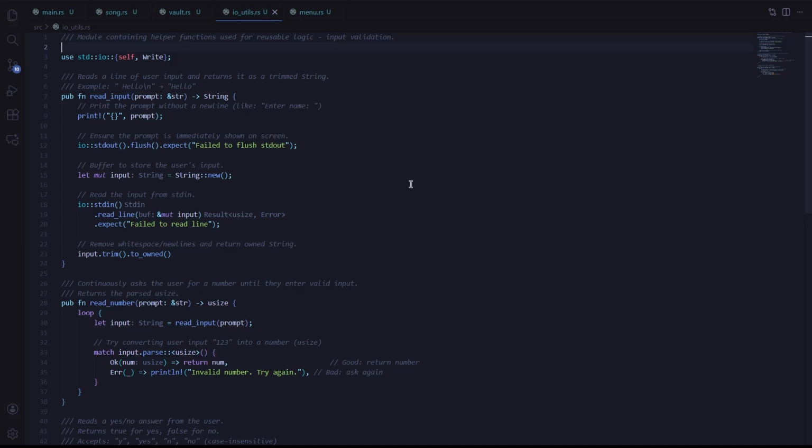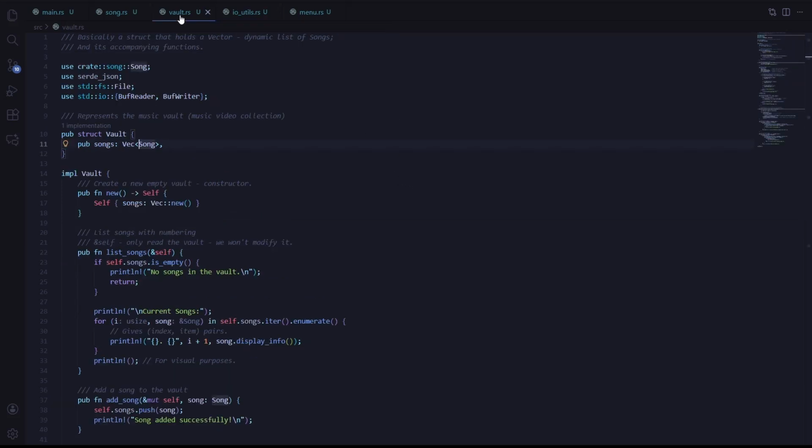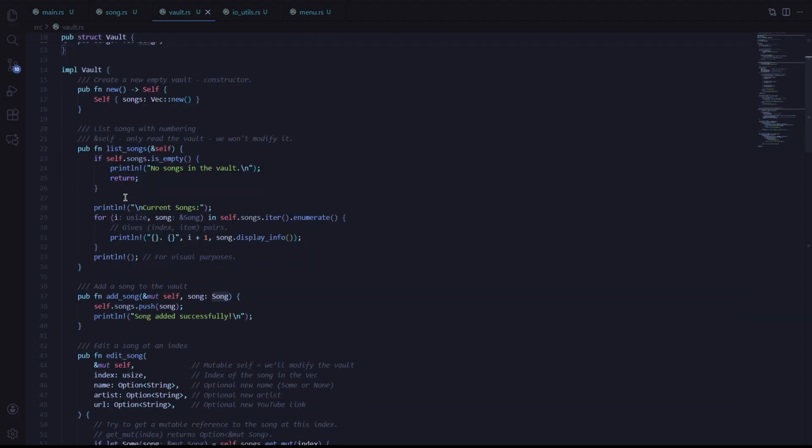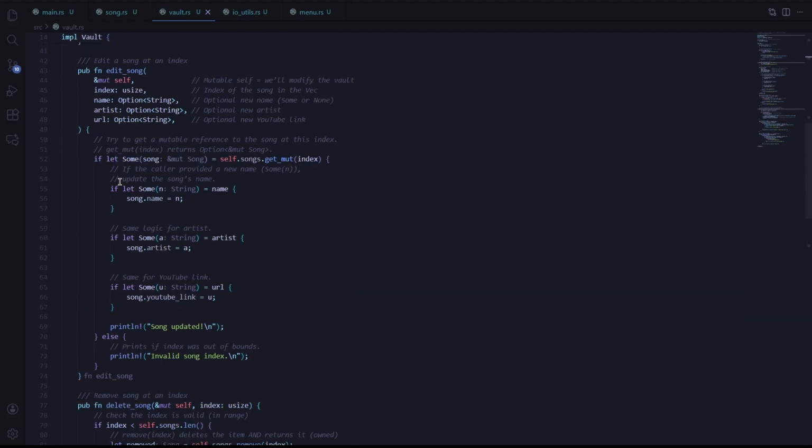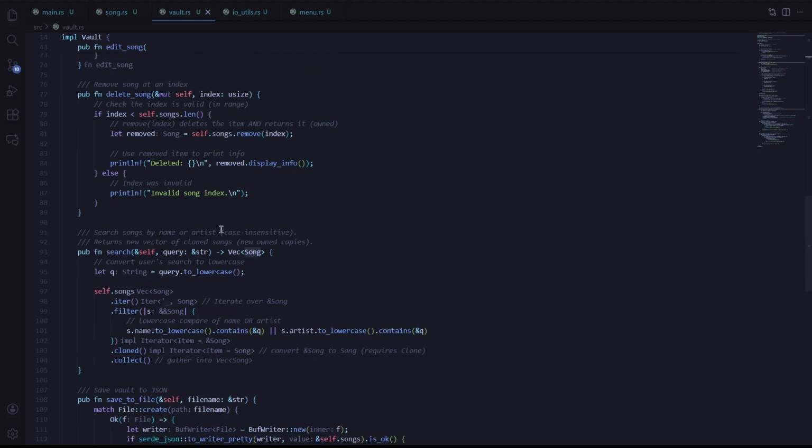This is basically input validation. We want to make sure that everything that the user gives us is valid. The vault will hold our song instances, and this is what you don't see. This is everything that happens behind the scenes, how songs actually get deleted, edited, added to the list, and written to and from